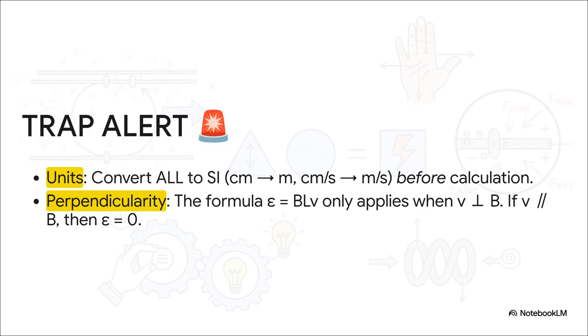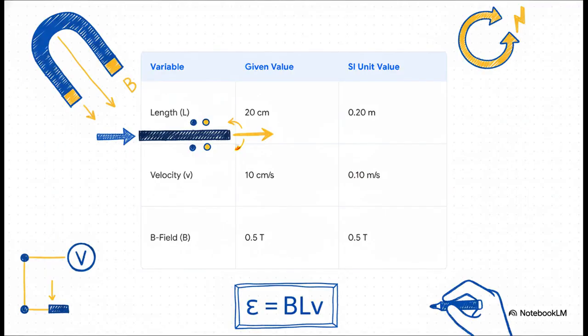The second trap is to check for perpendicularity. The problem says it's perpendicular, so we're good. But if that rod was sliding parallel to the field lines, it wouldn't cut any, and the EMF would just be 0. So yeah, step one, always, is to just lay out your variables and get them into the right